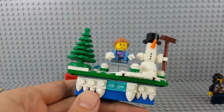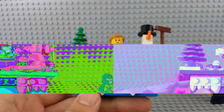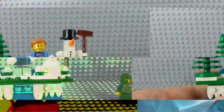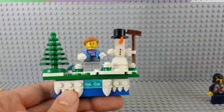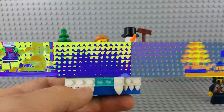So this is the entire thing built, how it's set, I believe. Pretty reasonable. I guess you could rotate the tree if you wanted a more favorable angle for whatever it is you're looking at. But I like those trees a lot. I've got a whole bunch of them all over the place here because I plan on using them for other stuff and I never get around to it. But now I have another one and some more magnets, and I'll probably end up putting this on the refrigerator